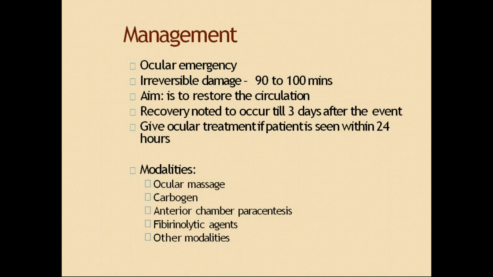You will not see any finding in the anterior segment except a relative afferent pupillary defect in the pupil. The pupil will be dilated, sometimes not reacting to light, it will be mid-dilated. So these are the findings we see in the anterior segment. Coming to the posterior segment, the main finding is a pale retina. The brightness and color of the retina will not be there. It will be pale, and in the center you can see a cherry red spot.